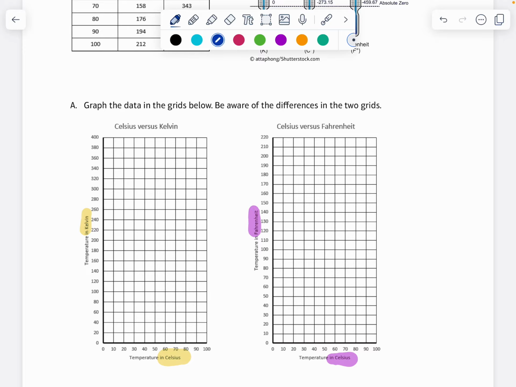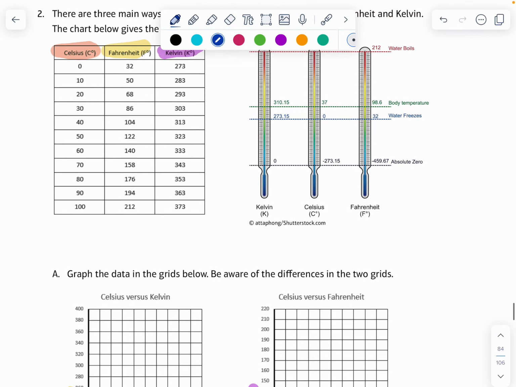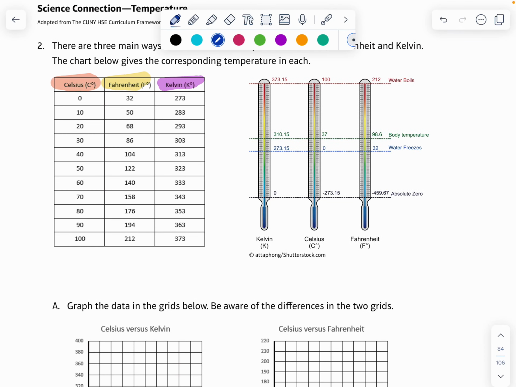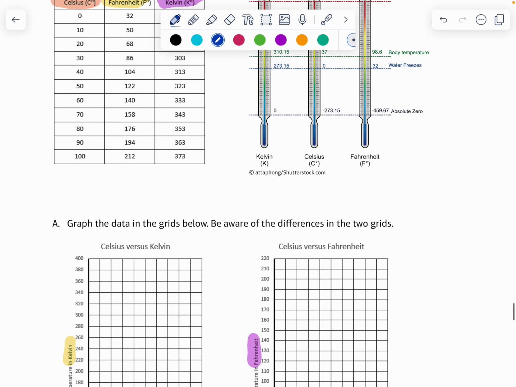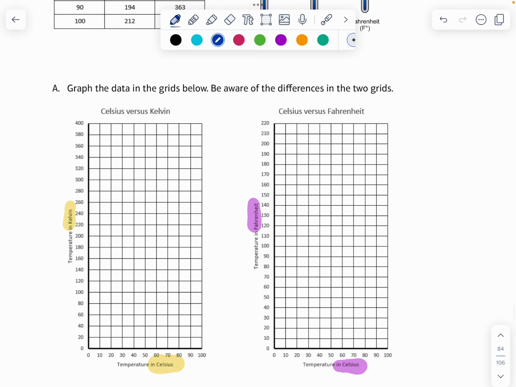All right. Now, this is just an estimate. You're going to look up here, remember? In both cases, they have Celsius along the x-axis, but then one's Fahrenheit and one is Kelvin. So I've got somewhere around here. Looks like it's kind of growing steadily, right? It might not be exact, but at some point we should have some kind of a line that looks